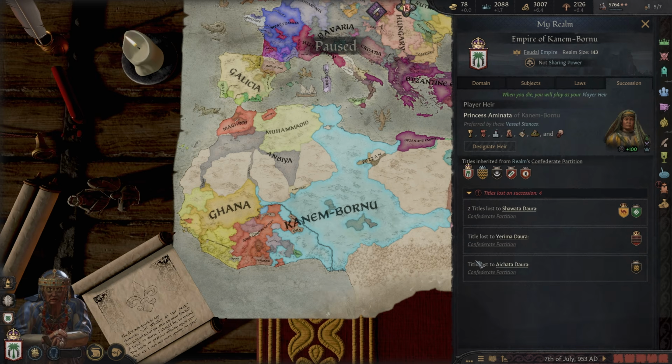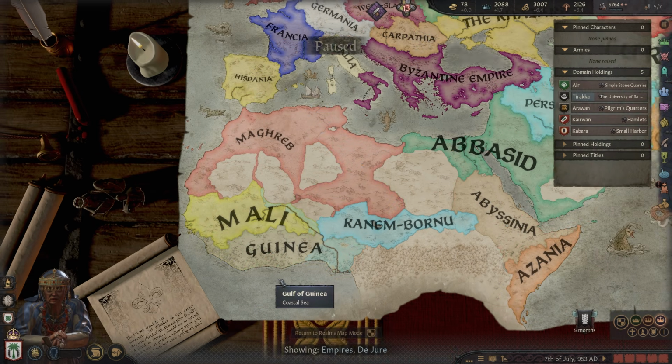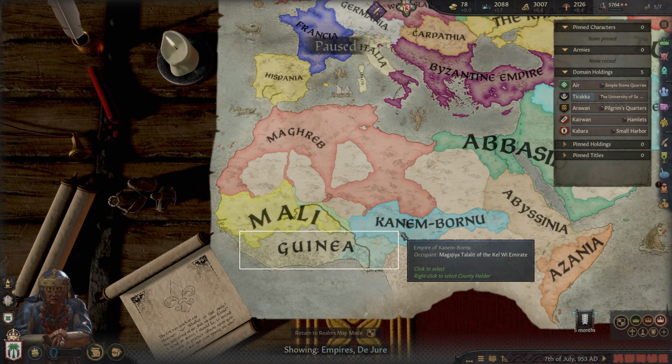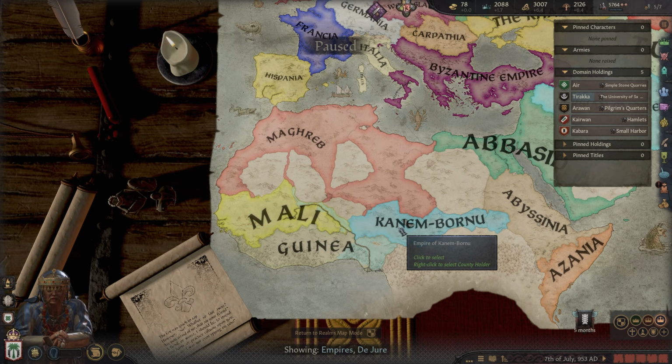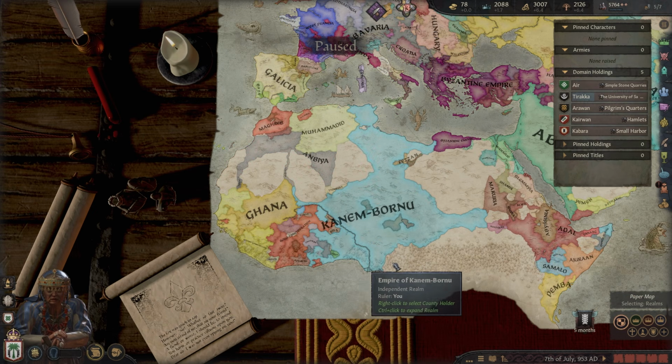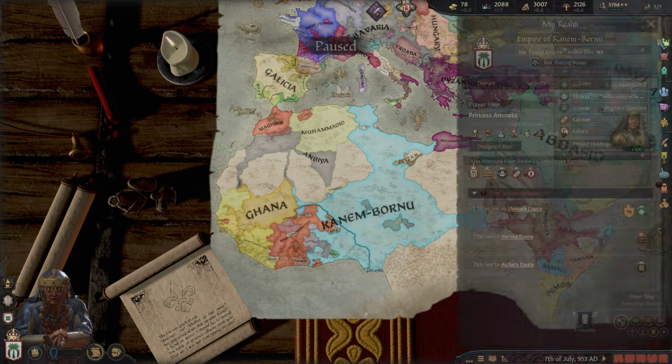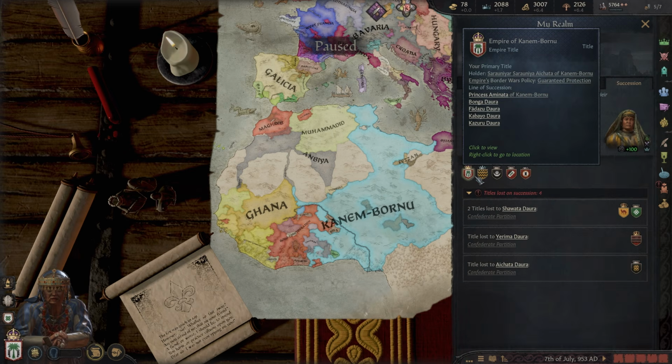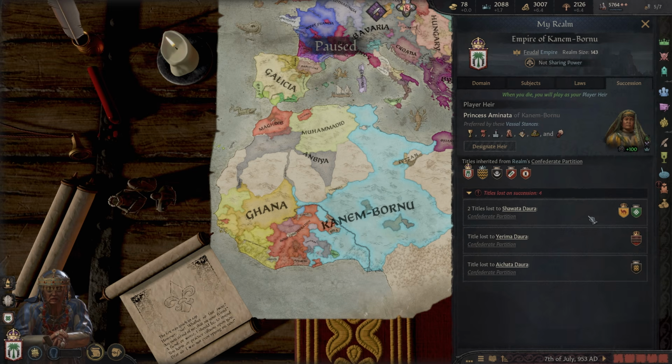But what's the implication? So what I'm saying is, if we were to expand to the point of having another empire, so let's say we're expanding to the point of being able to hold enough land in Genoa here, what would happen? Well, what I think would happen is whoever's going to win this election would win it. So let's say it's our primary heir, and then the second empire would still be created and still given to our secondary heir. That's what I would like to try out.